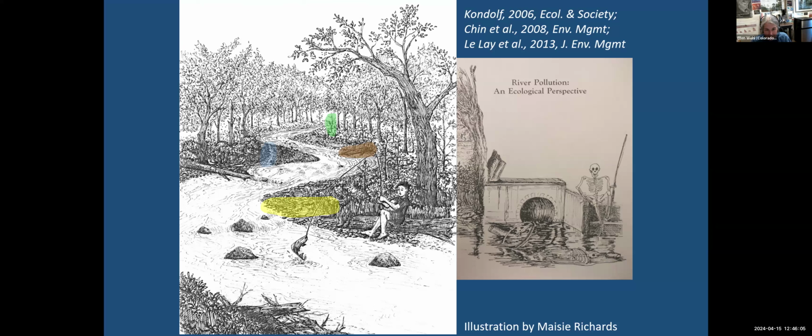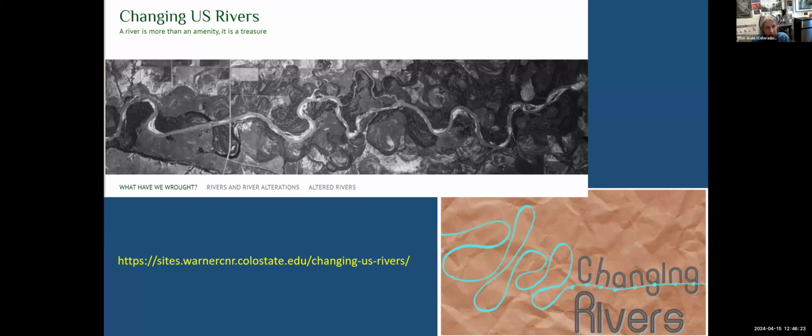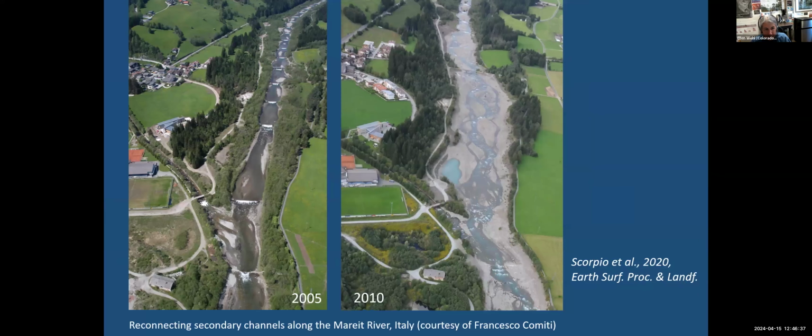And if you're interested in knowing more about the history of changes in the continental US, over the last few years, I've had a graduate seminar where we've put together a series of case studies. These are story maps of different rivers, and one of the things we're trying to achieve is just to get people thinking more about the fact that pretty much anywhere you go in the contiguous US, you can assume there's a history of modification that affected the river corridor, even if that modification is no longer occurring.